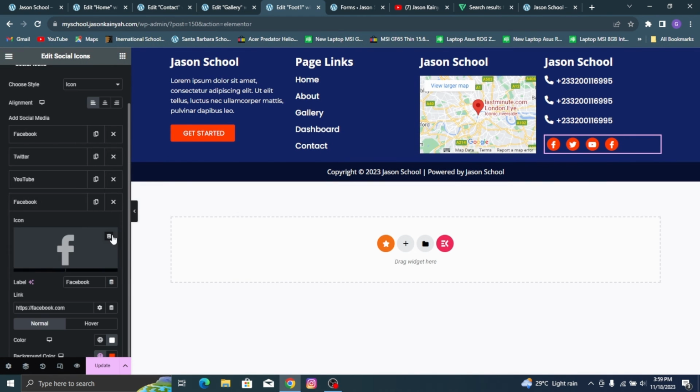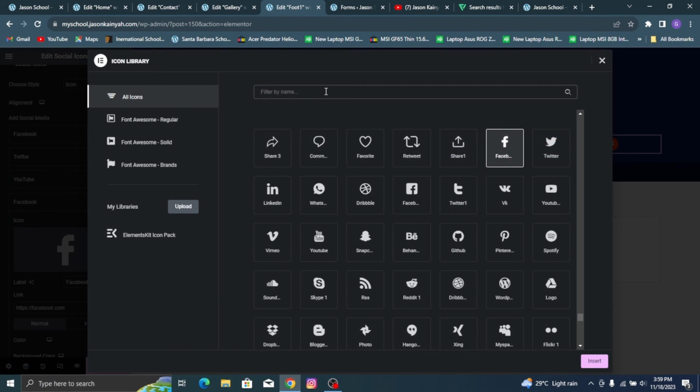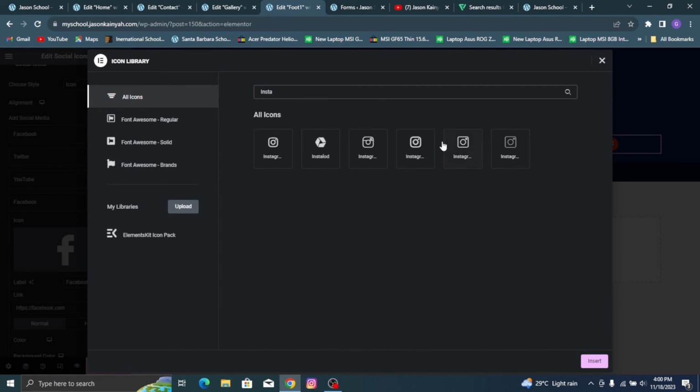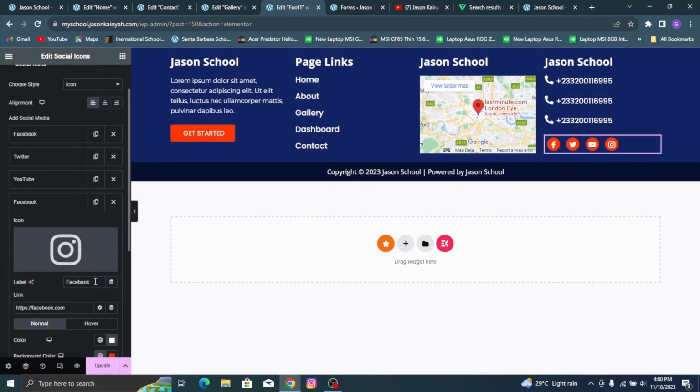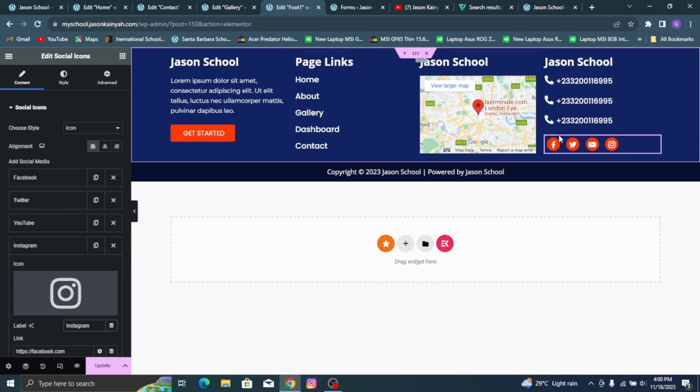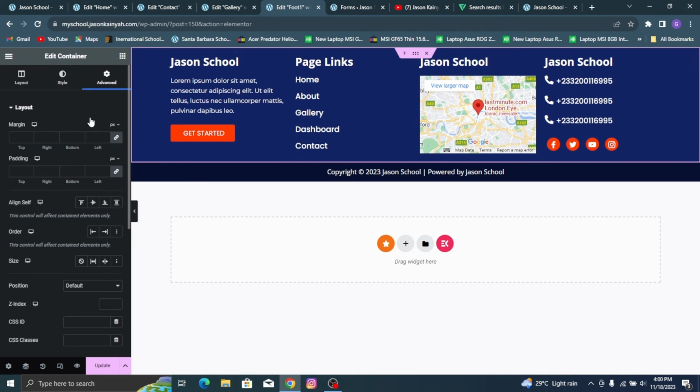And then we'll go here, and then we're going to change the icon to Instagram. So we'll select this one, click insert, and then change the label to Instagram. Remember, if you have accounts, you can enter them in the link over here. So now we'll go to the main container and go to advanced, and then give it a top margin of